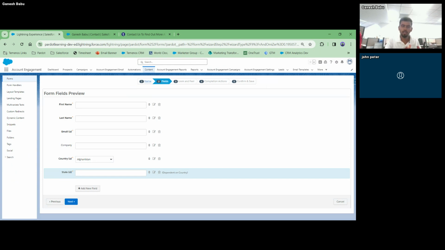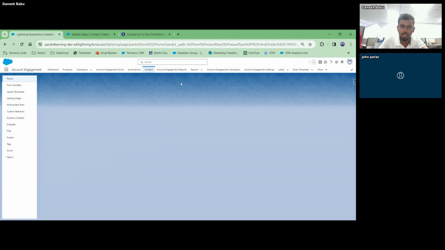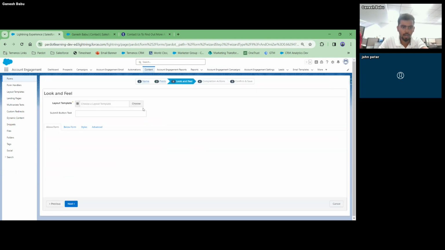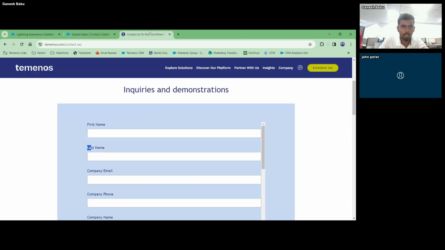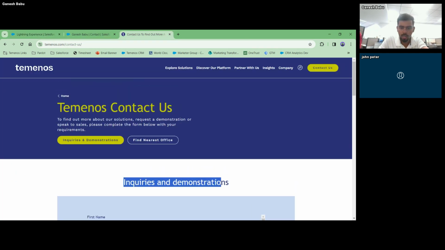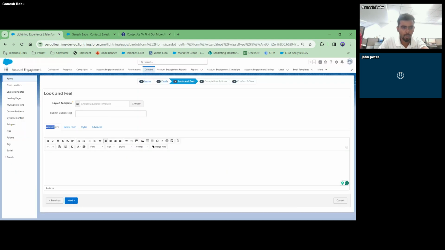Something similar to the concept of the Salesforce administrator, how we do it. But this is the structure that we have in Pardot forms, right? So I'm clicking on next. Here you can define the look and feel of the Pardot form. If you want to showcase something above the form, something similar to an inquiry, some demonstration on something else, you can do that here.